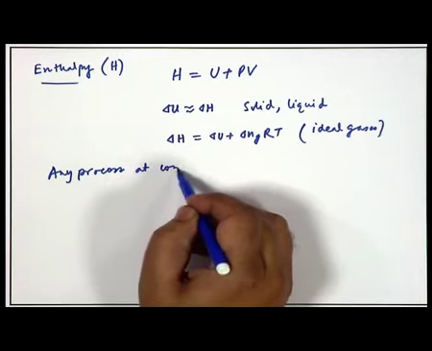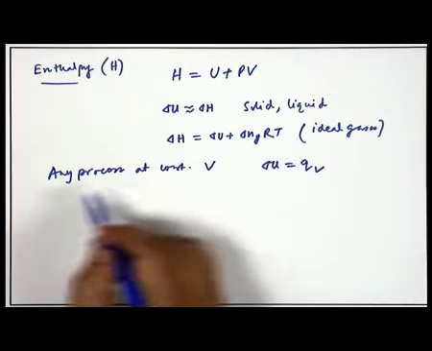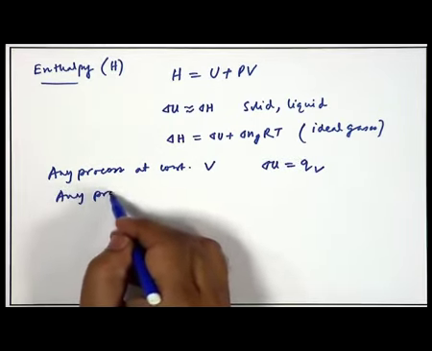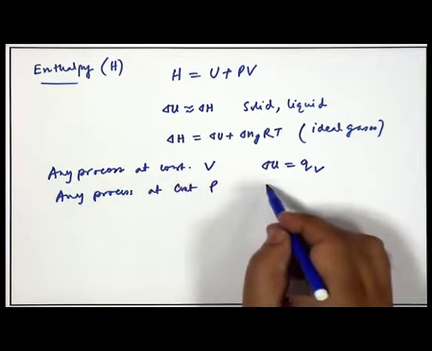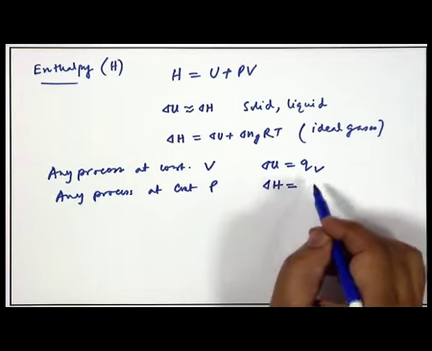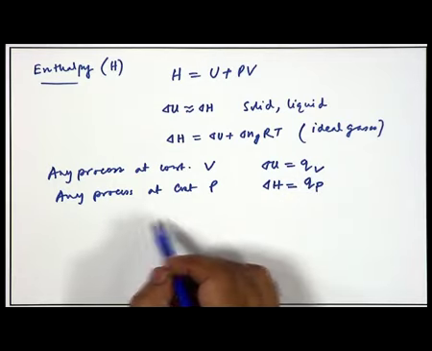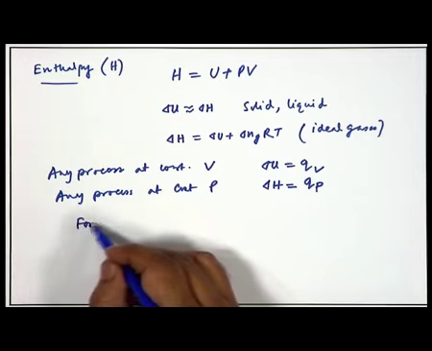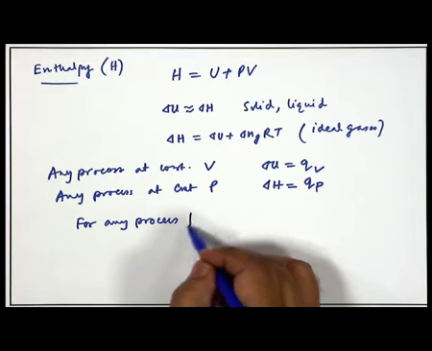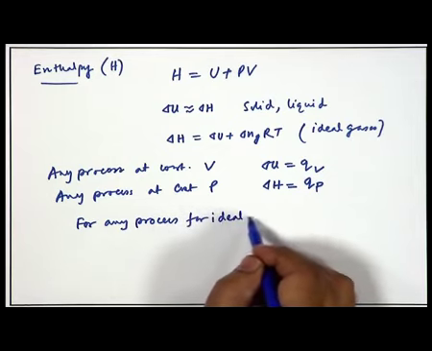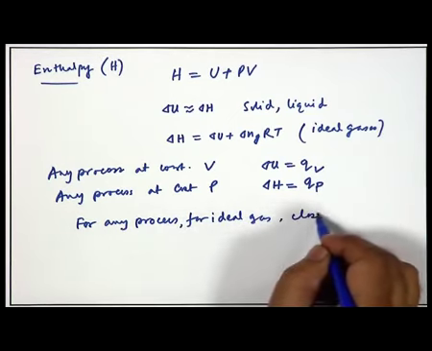We also have seen for any process at constant volume, del U is q_V, and for any process at constant P, del H is q_p. And we also have seen for any process for an ideal gas, of course, closed system,